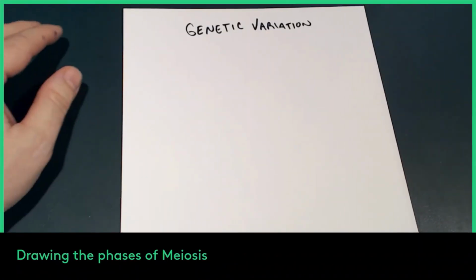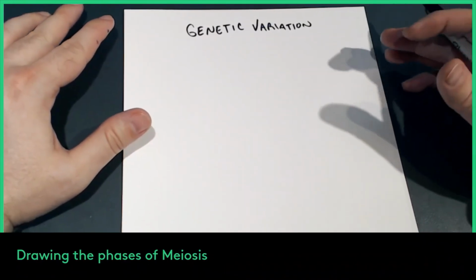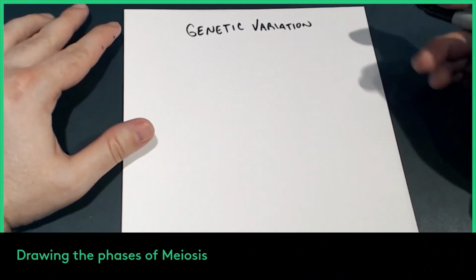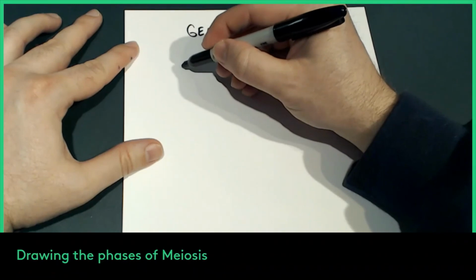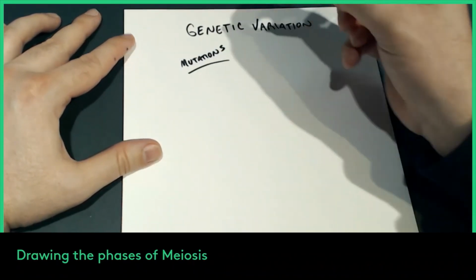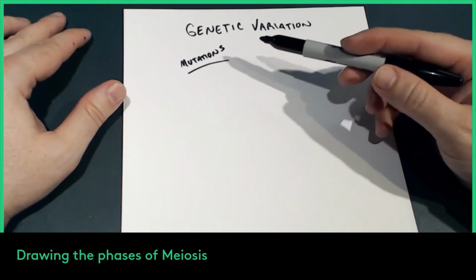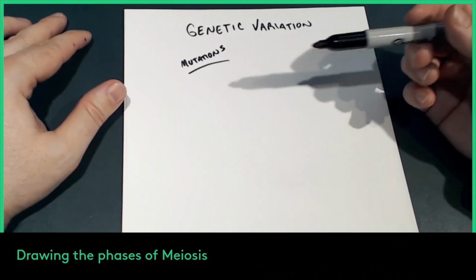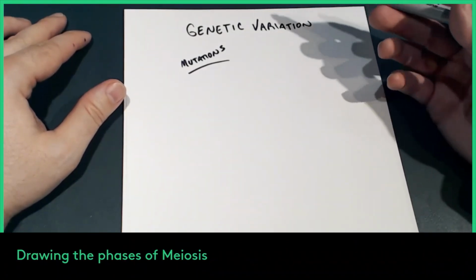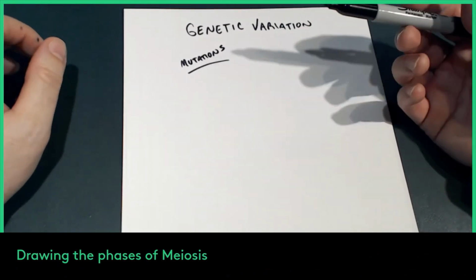Okay, here we go. So I just wanted to talk to you a little bit about genetic variation. Now, the main form of genetic variation comes from, some of you probably already know this, mutations. Right? We'll get into those later. That's not what we're talking about here today. But yeah, mutations, super, super important. Okay? But we actually covered two, technically, I guess three eventually, ways that we are very varied just because we're